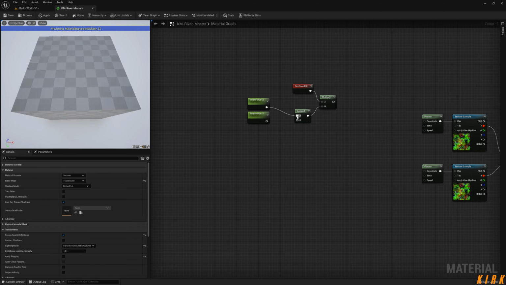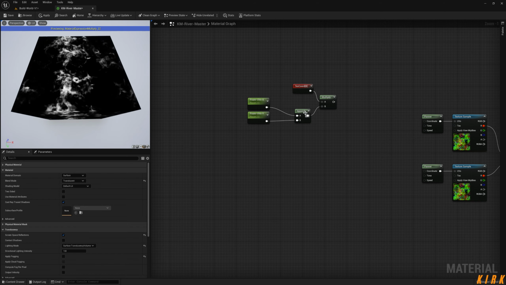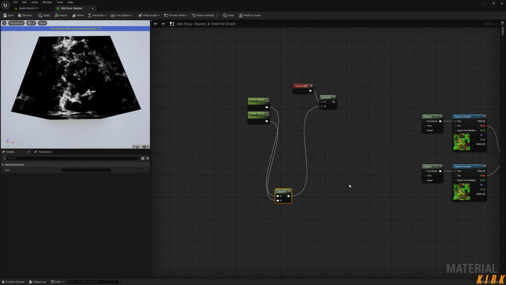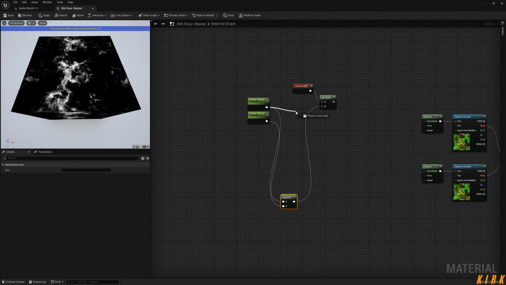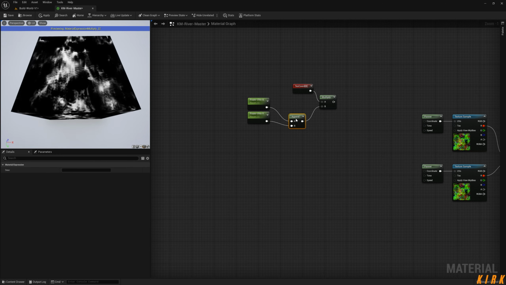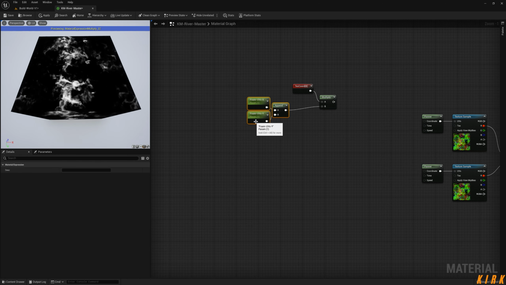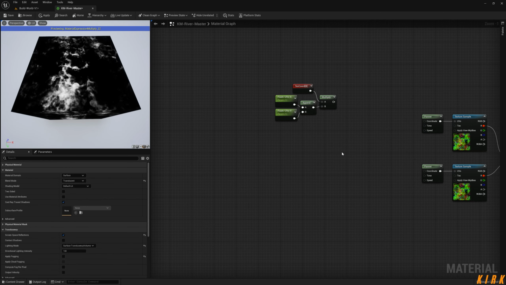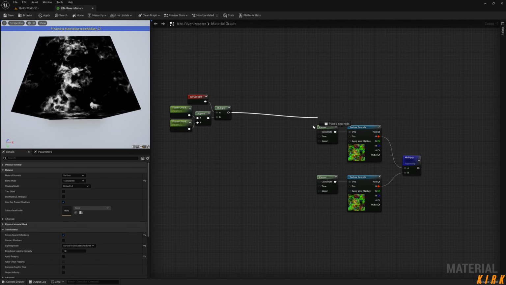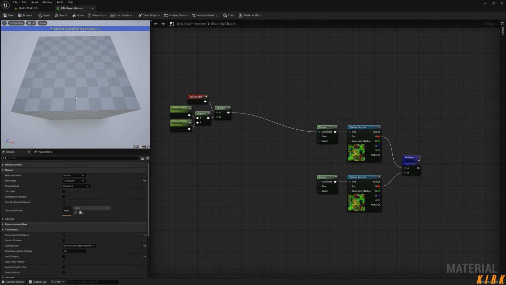We'll drag them into these append vectors. You could also just forget the append vector and use one scalar parameter in there, just to affect both X and Y at the same time. But for foam, I'm going to want control over my X and Y individually. So if I throw this into our coordinates, you'll see nothing will change